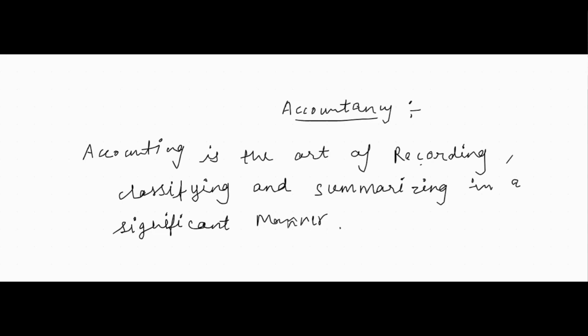Summarizing. If we are maintaining the records in a detailed form, can you please tell me your name? I'm Nicole. Macaulay, fine. If the transaction is like send 50 goods to Macaulay, so how will I write? Do I need to write everything one by one, all 50 records? No, it will be very problematic for me at the last. So I need to make a summarized transaction form. Everything should be in a concise manner so that if I just have a look at all the things, it will be okay. That's fine. These are the 50 transactions that are sold to Macaulay. Okay. Right. So it will be in a significant manner.